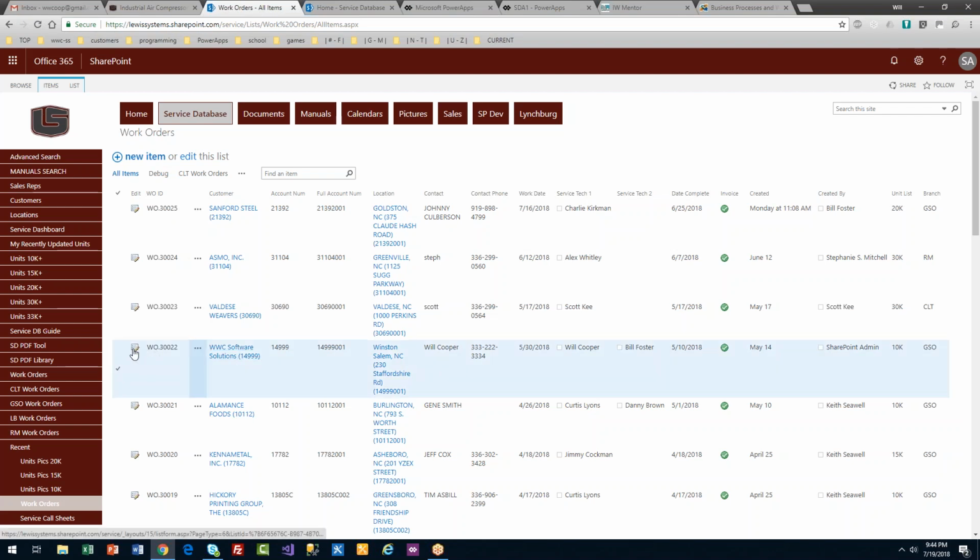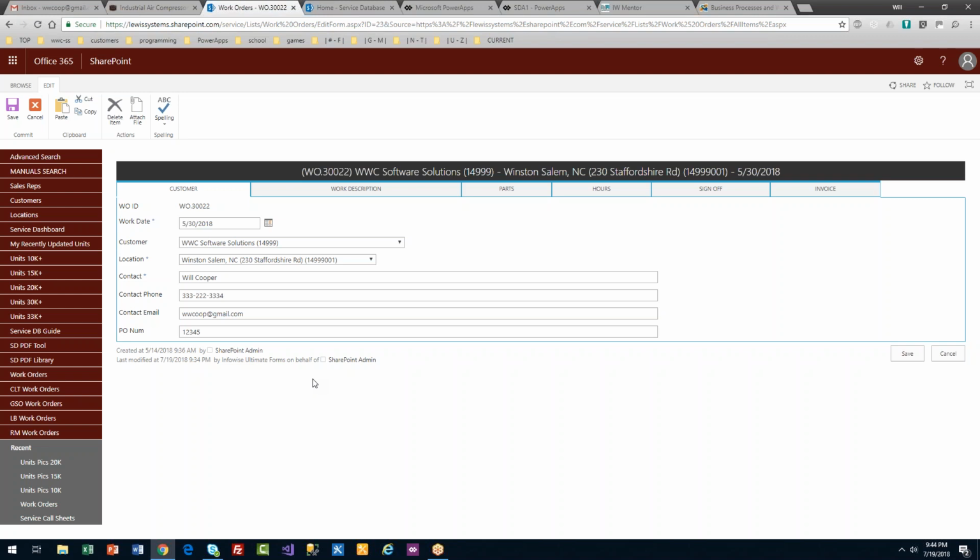Okay, so I've got a dummy ticket set up here, which I'm going to go into, and the first thing I want you to notice is that this really is not the standard out-of-the-box SharePoint form. Usually you see that long scrolling vertical list of fields. In the past, of course, we could use something like InfoPath, but that's been deprecated and will never update since the previous version, and that is part of the reason why Microsoft is now emphasizing and doing a lot of things related to